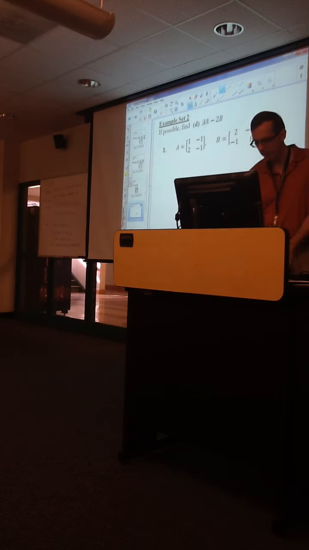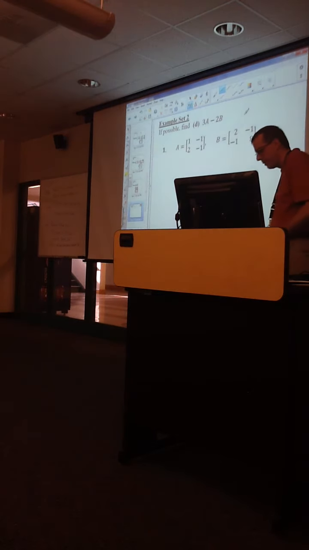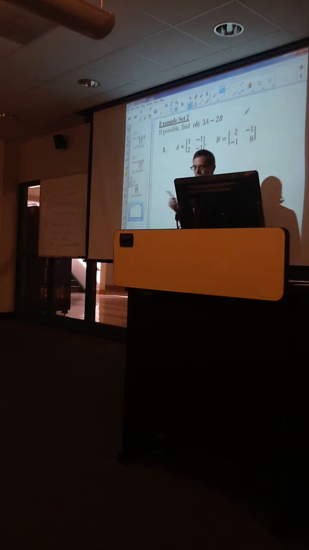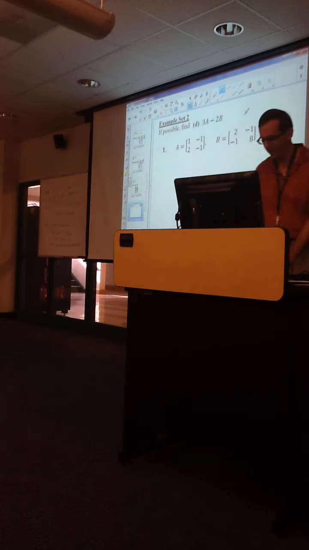And then D, look at part D. 3 times matrix A minus 2 times matrix B. Wow. So now we have a combination of multiplying a matrix by a number and doing either an addition or a subtraction. In this case, it's a subtraction. But how do I handle a mixture, right? What if I have more than one thing I have to take care of? Well,